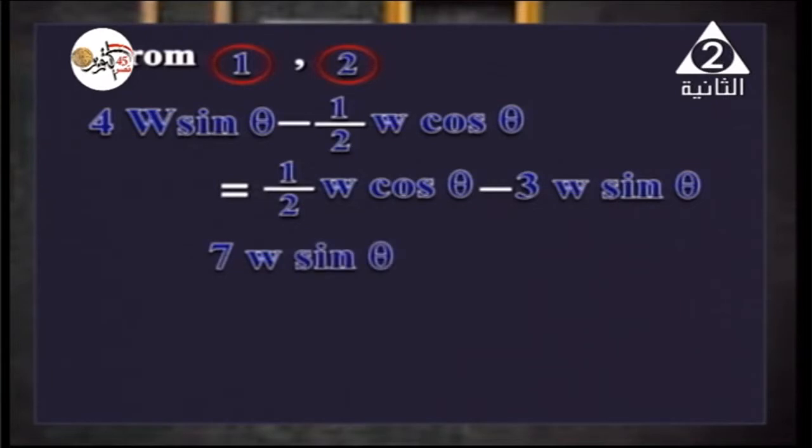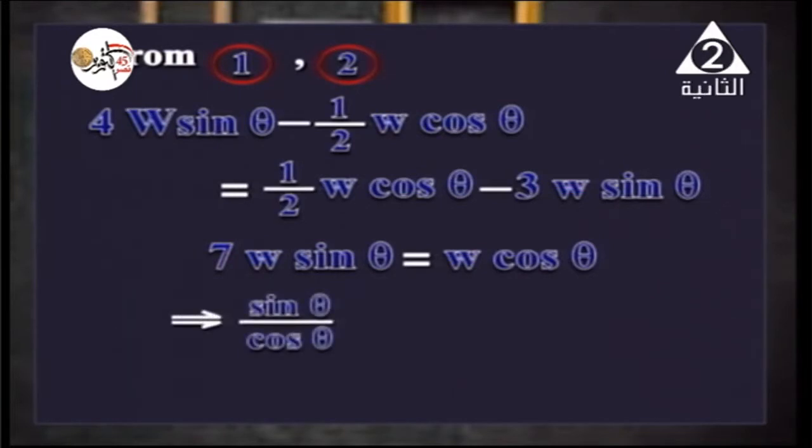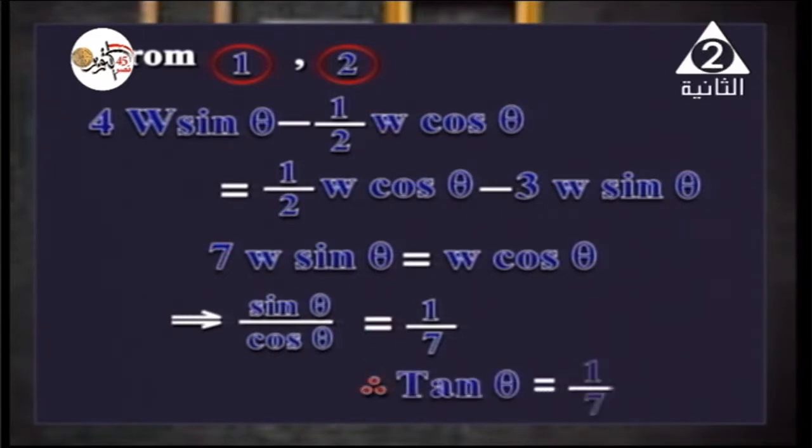Therefore, 7W sine theta equals W cosine theta. Therefore, sine over cosine, or tan theta, equals 1 over 7. My dear student,